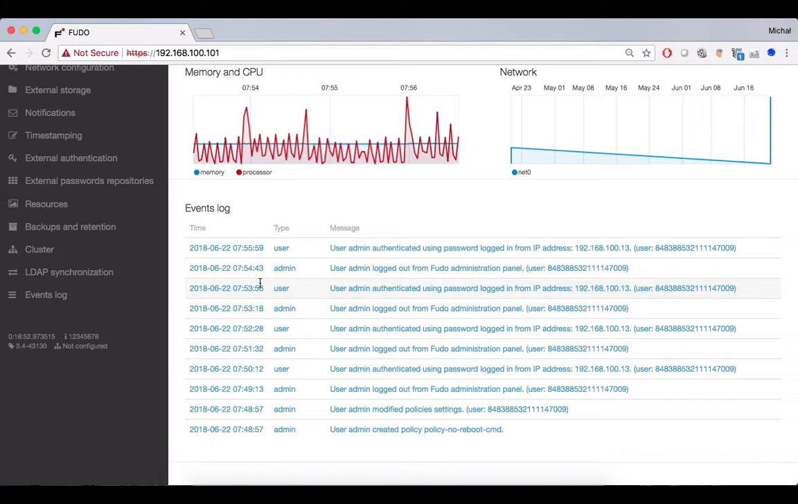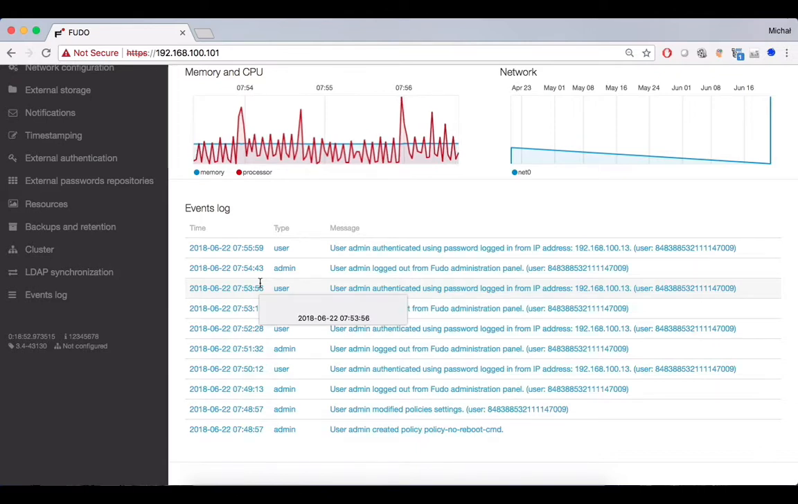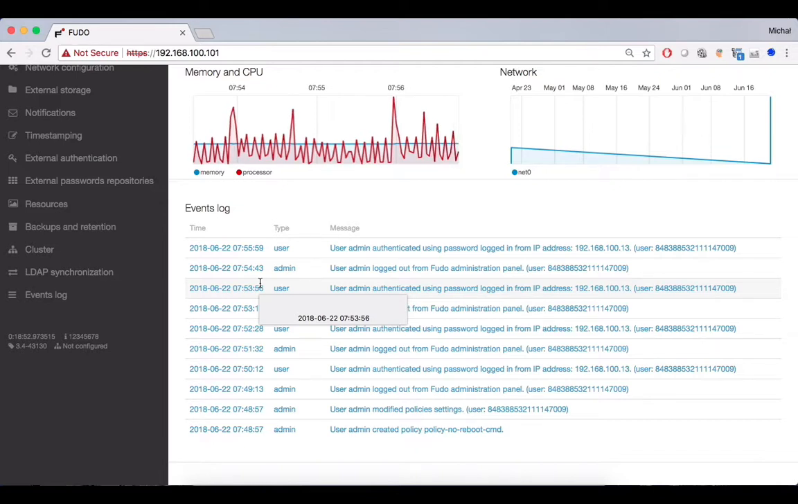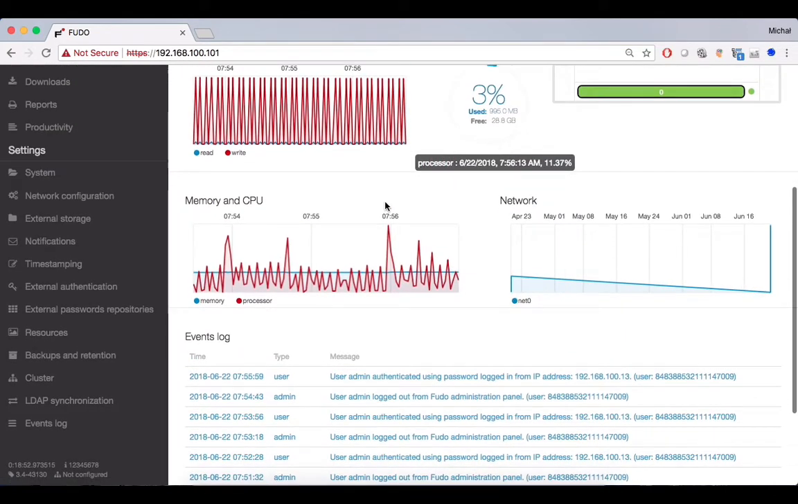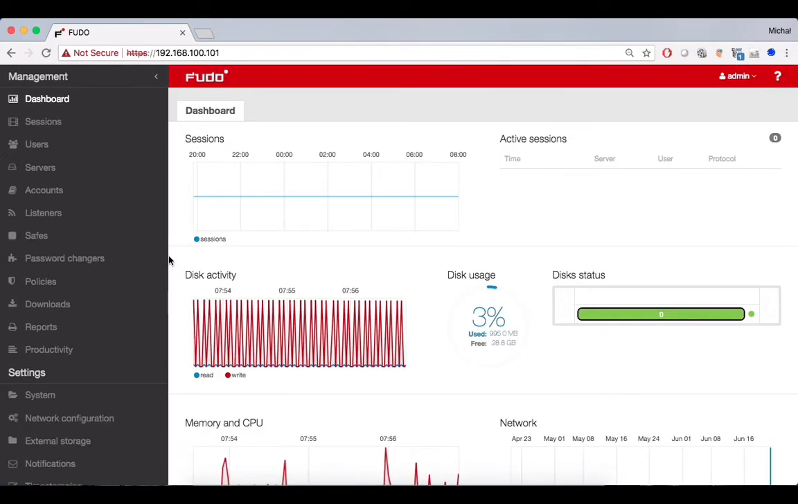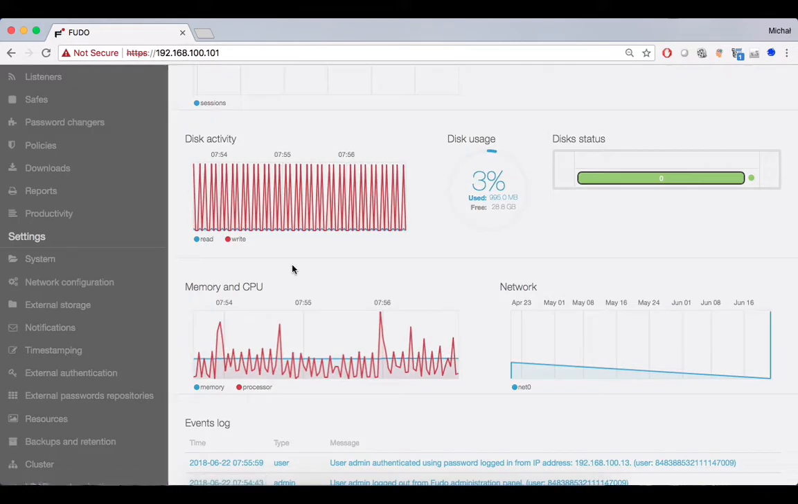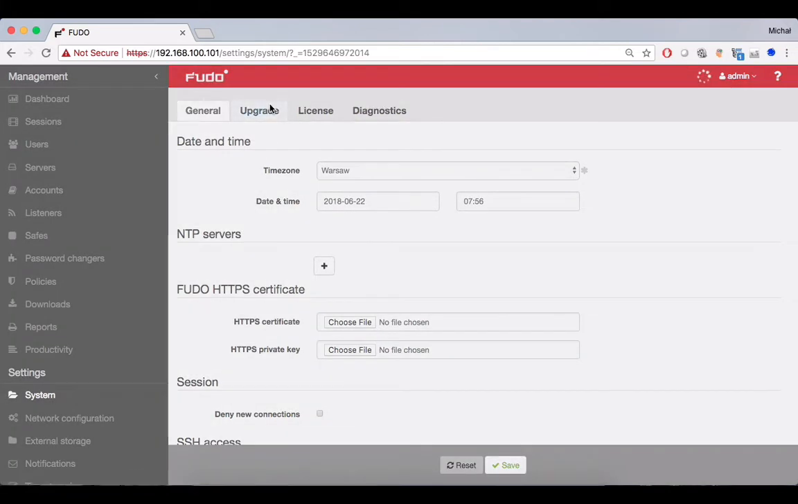If you are running a lower version, please contact your partner or Wills Systems support team to get the link for the latest upgrade of Fudo. If the device conditions are correct, we can move to the System tab, Upgrade,